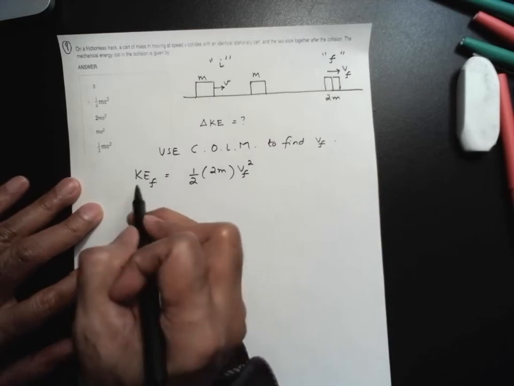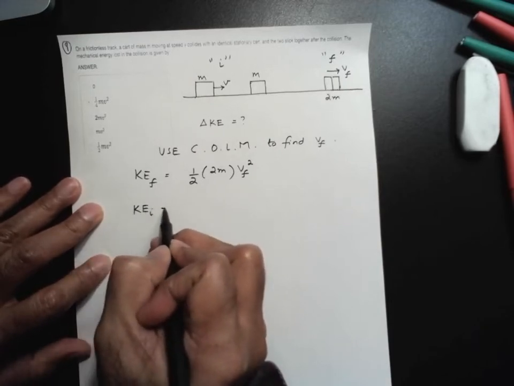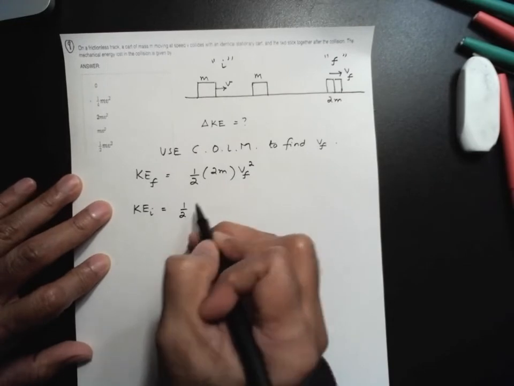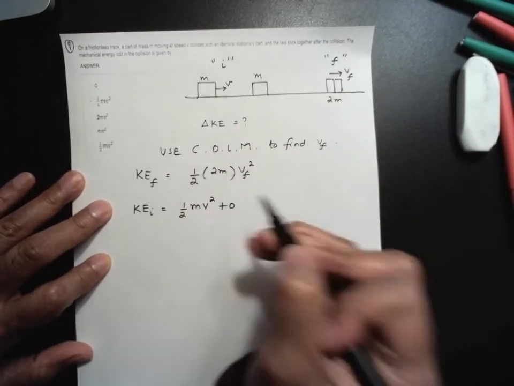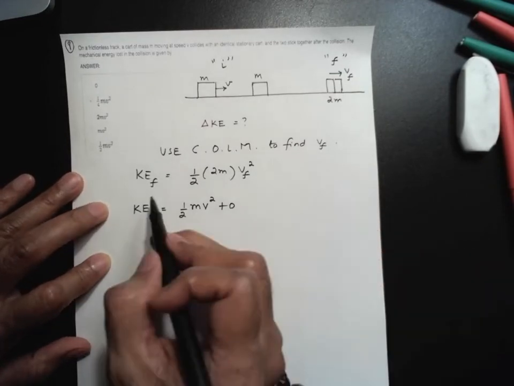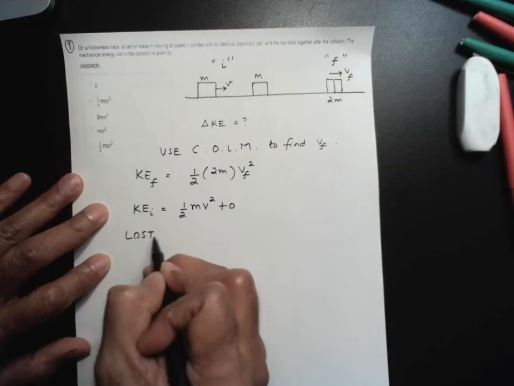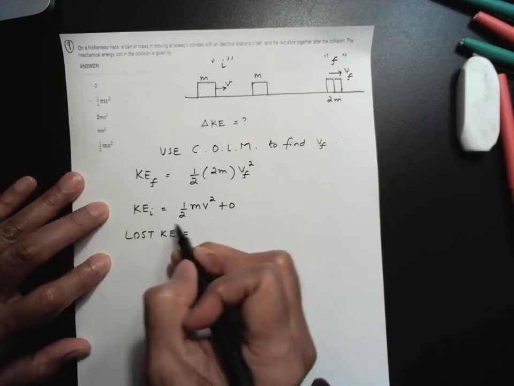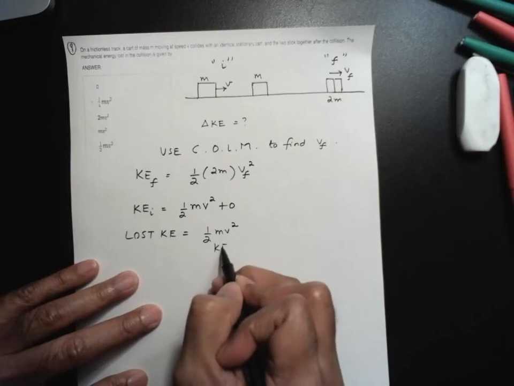And then from that, we will compare that to KE initial, which is 1/2 mv squared, and the other guy is 0. So we can easily find the lost kinetic energy, right? The lost kinetic energy would simply be the initial kinetic energy, 1/2 mv squared,